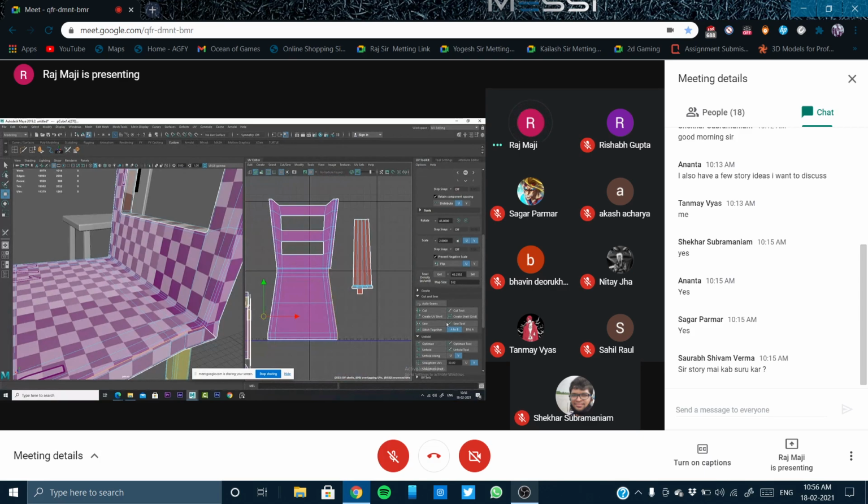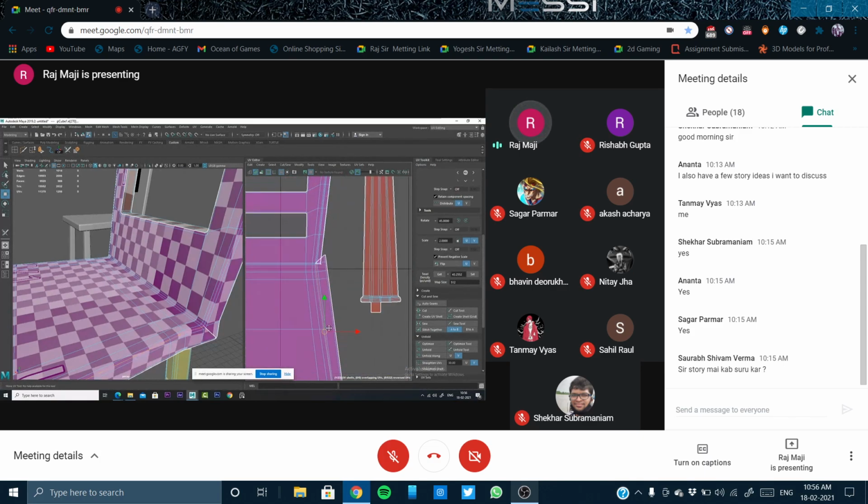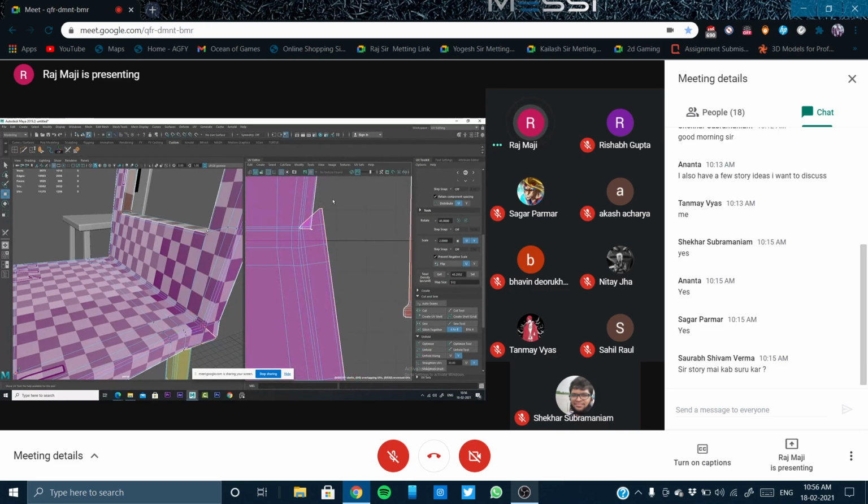And stitch together. And now you can see there is a problem, it's looking like it's not matching. So I'm just trying to match these two. So this is all right.